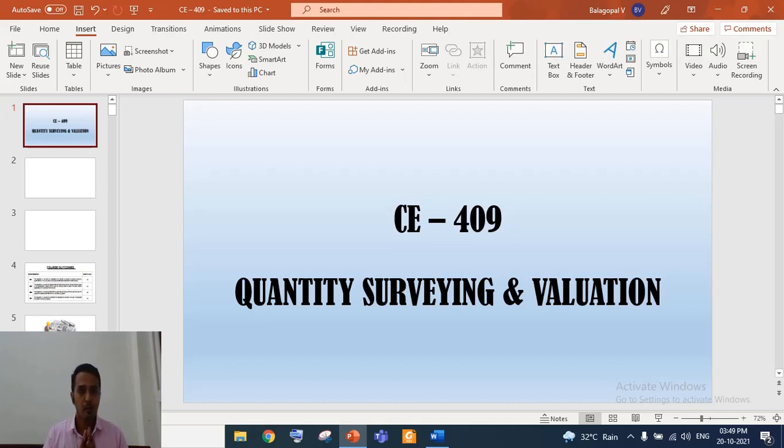Okay, so first about the PowerPoint presentation. As you know, for presenting our contents, we need a presentation software, and most of us depend on Microsoft PowerPoint. When you open PowerPoint, usually you'll get the interface like this, and you will be having a lot of options towards the top.